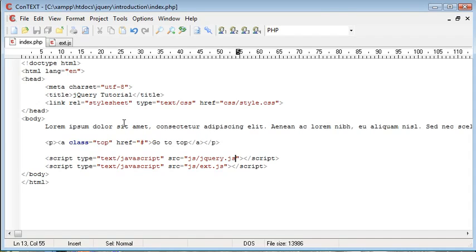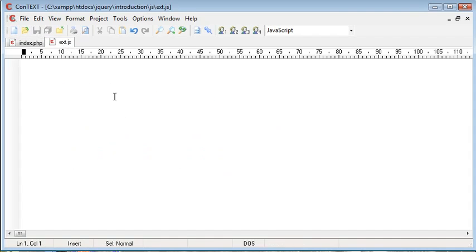So now that we've done this, we can come over to ext.js, and we want to go ahead and wait for the document to load, as we usually would with jQuery. So document.ready, or not really the document to load, it just initiates as soon as the DOM is available. So the first thing we want to go ahead and do is set an event handler